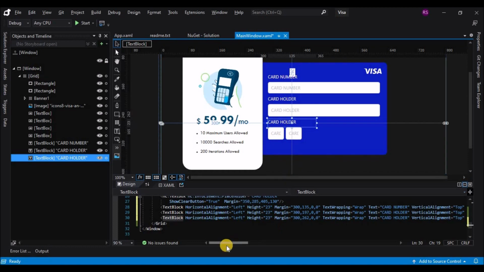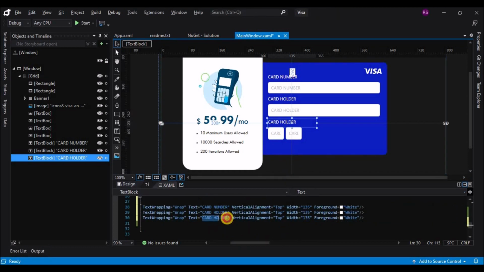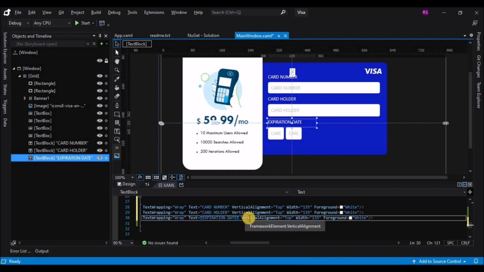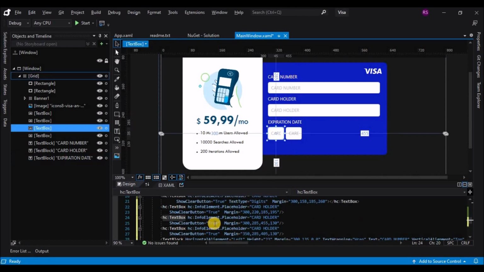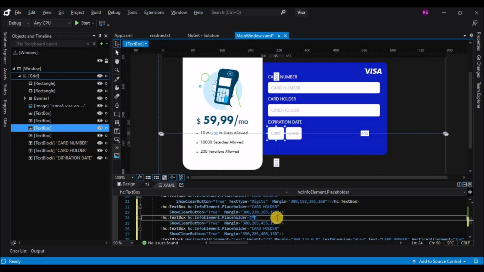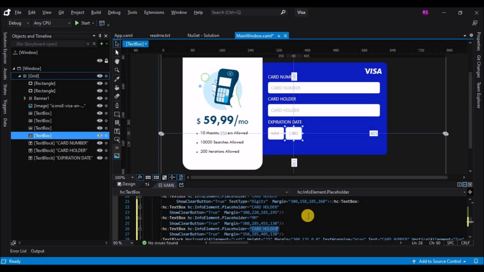This will be the expiration date, and finally we have to make one more copy for the CVV. Also we have to change the placeholder text for the expiration dates to mm and YY, month and the year.